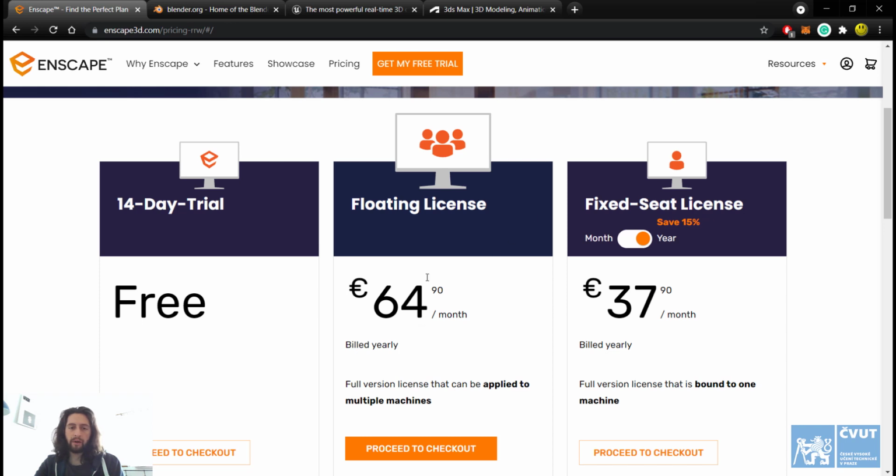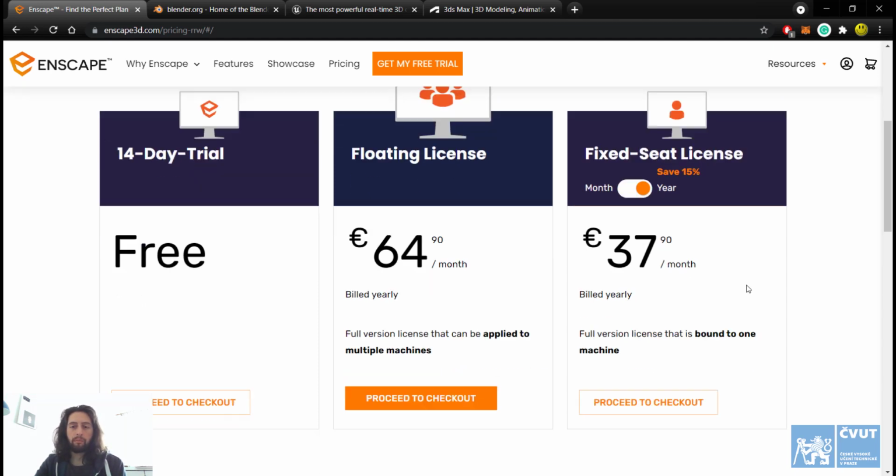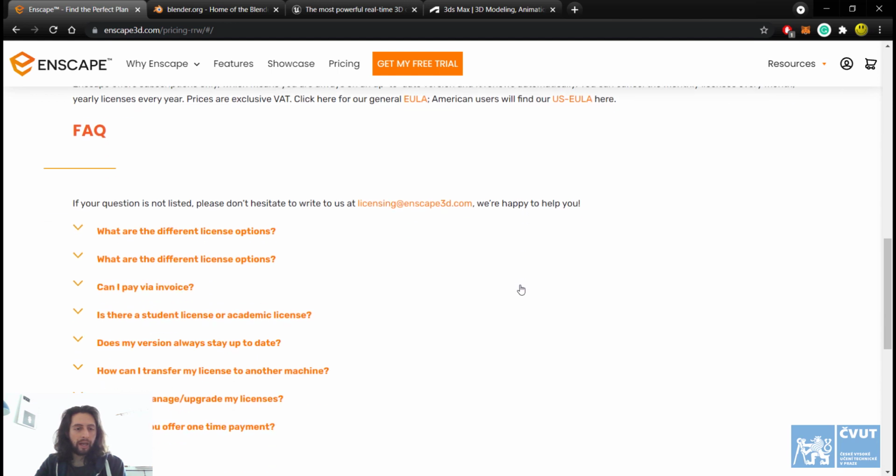That means that every month, if you have a floating license for more people on more computers, it's 65 euros per month. And if you have a fixed seat license, if you buy it for a year, it's 38 euros. If you buy it for a month, it's even more than the floating license. But again,